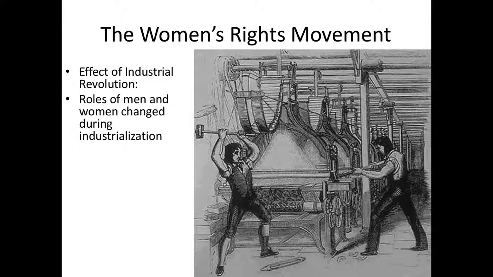The roles of men and women are going to become more divided as a result of the first industrial revolution. Remember that before the industrial revolution, men and women did have roles, but these roles were not quite as separated. They were not as rigid, I would argue, before the Industrial Revolution, but they become much more divided and rigid once industrialization takes place. And so men and women are going to have what are known as separate spheres. And I'll talk about these two spheres, or these two roles, and then I'll talk about how that leads to the women's rights movement and the role of women in reform.